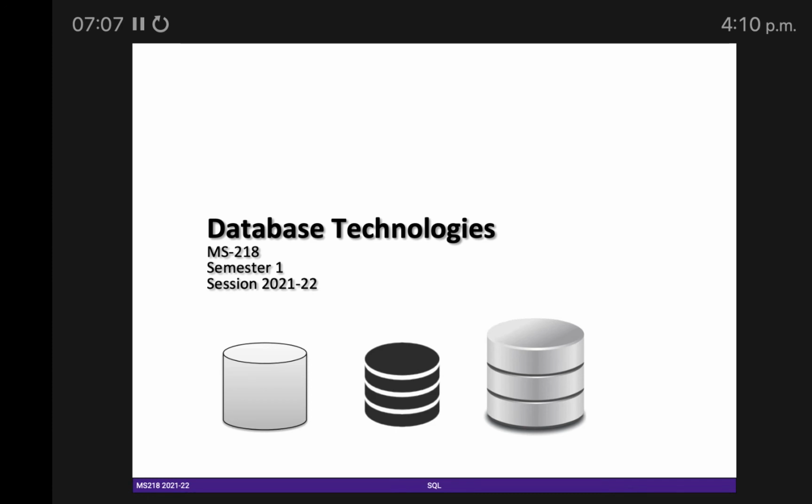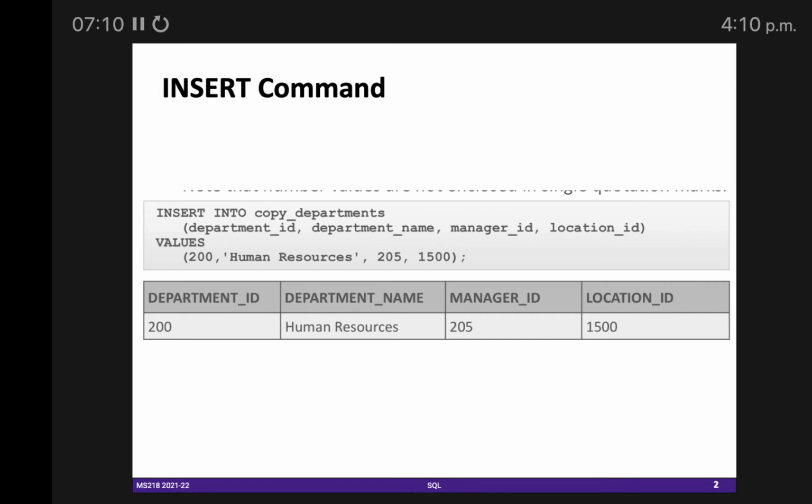Okay, so this is the insert command. But before inserting any new data, we have to create the table. For example, here the name is copy departments. So create copy departments would contain these attributes, and then we have to tell the data type of these attributes, and obviously the primary key constraint. If you are making your ERD in Oracle Data Modeler, then that create statement would be created automatically. Okay, what happened?